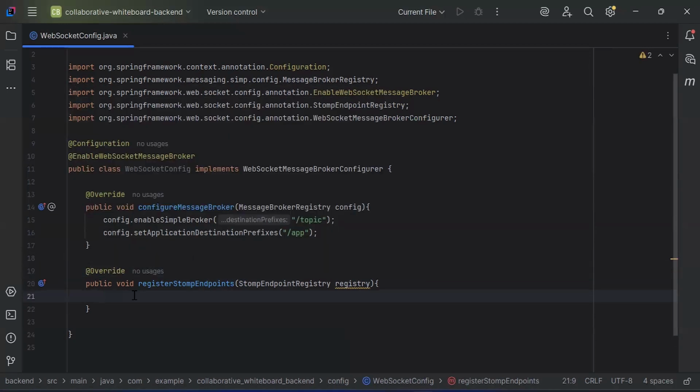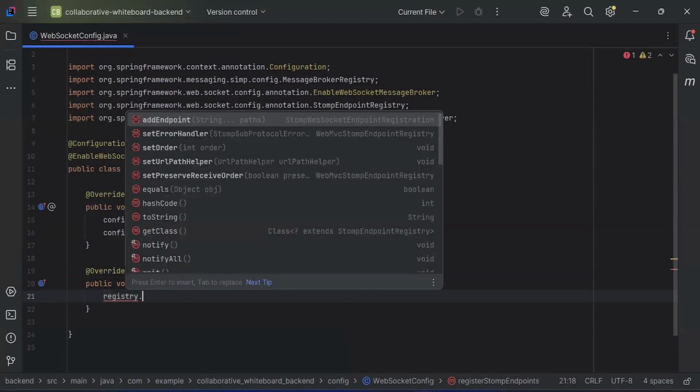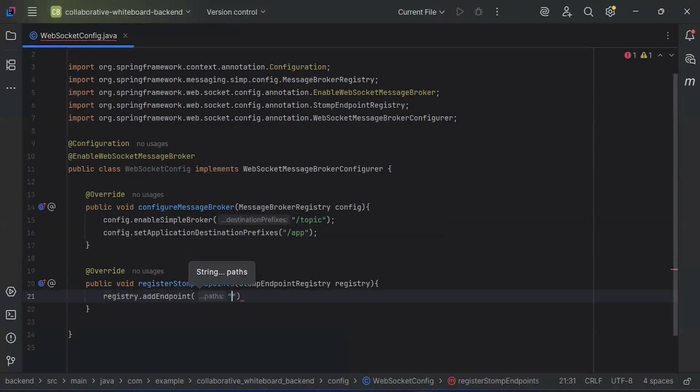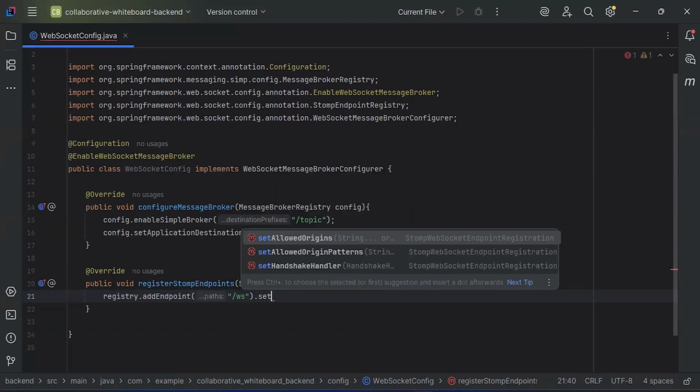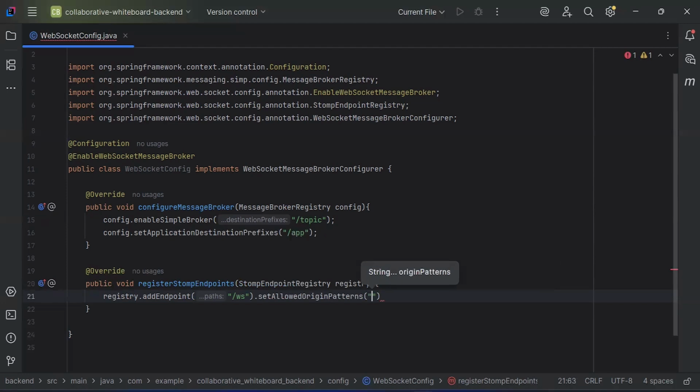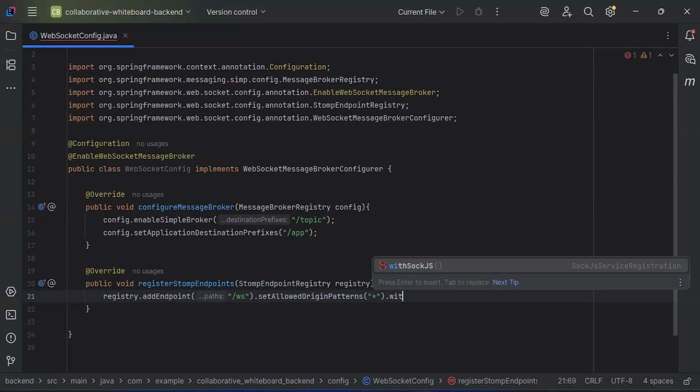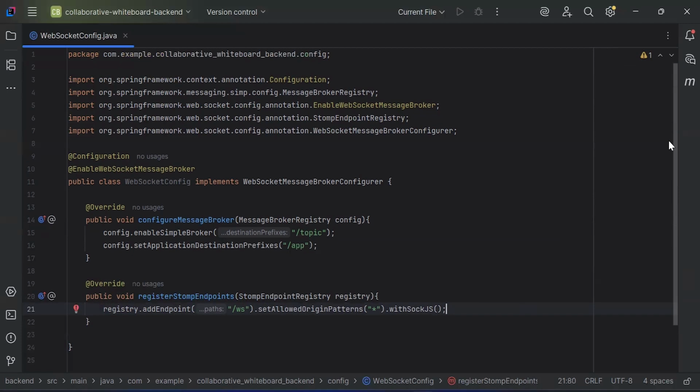Now inside this function, I'm going to add here the endpoint where we have the path /ws, which stands for WebSocket. Second, I'm going to set here allowed origin patterns, and then we have withSockJS. Now you can take a look at a